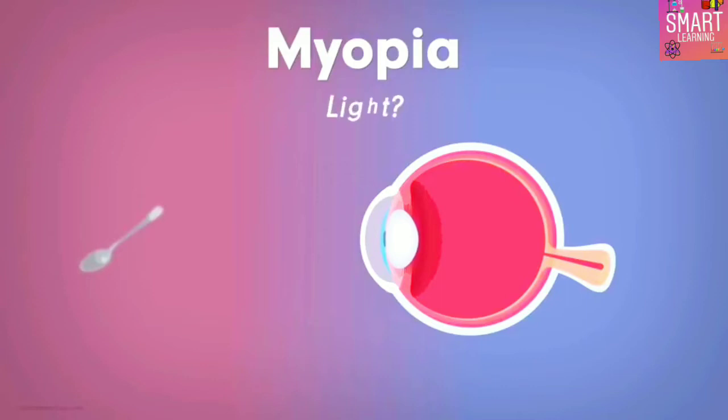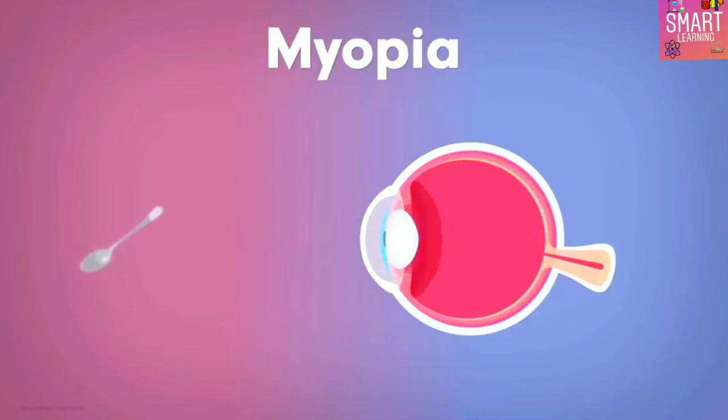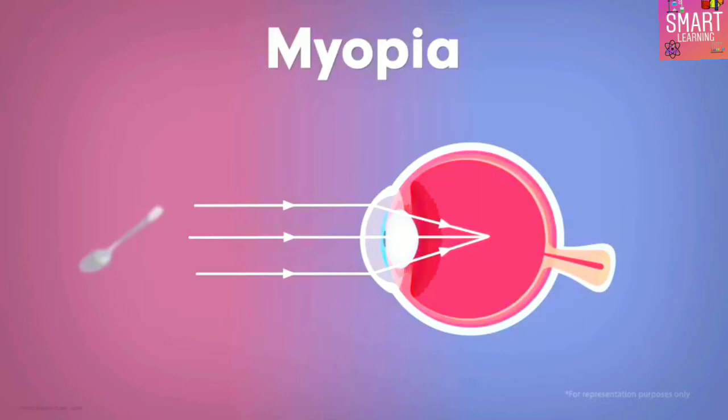How does the light propagate inside the myopic eye? Well, the light from the nearby objects travels in the usual way. It gets focused on the retina only. No problem there. What about the distant objects? First of all, the light rays from the faraway object coming towards the eye are almost parallel to each other. And when these rays enter the eye, they get converged in front of the retina, instead of on the retina. This is the reason for blurriness.